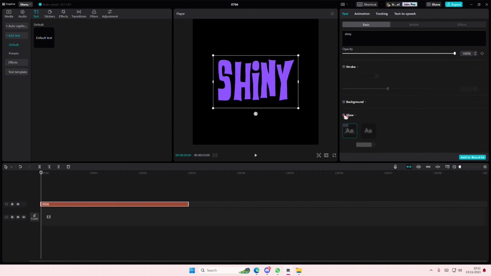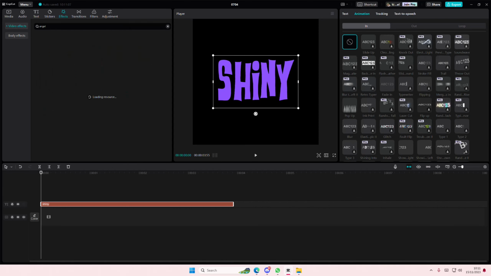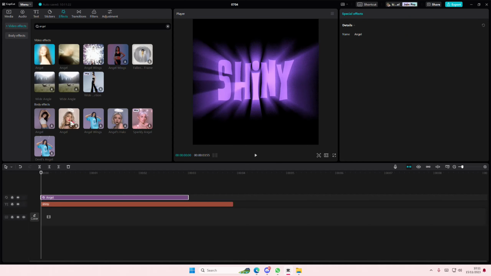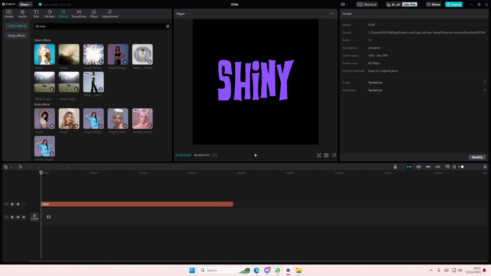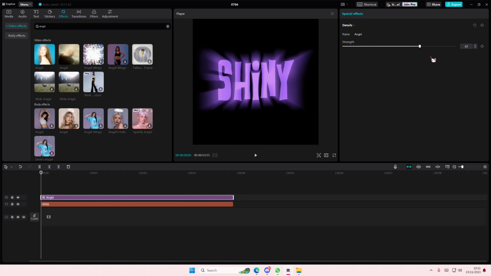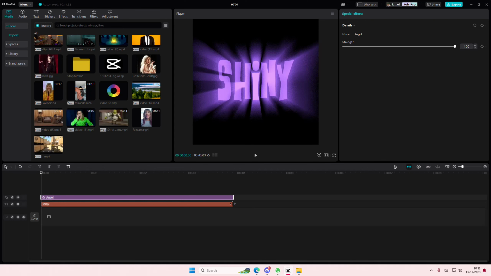You can, again, here use the Pro feature, but if you don't have this, you can just easily go to effects and find the angel effect, and you're just going to select it and add it on top of your text like that. It isn't as perfect, but here you can adjust the strength, and let me just